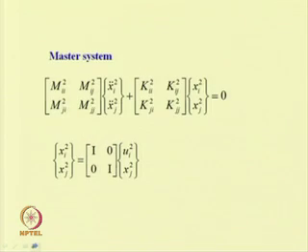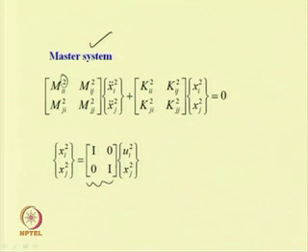Now, for the master system, similarly, the undamped and unforced equation of the master system can be written using its mass matrix and stiffness matrix. These two represent the master system, and the earlier ones were for the slave system. In this master system, as we are not changing the coordinates, they are transformed to this new coordinate system by I 0 and 0 I, where I is the identity matrix.